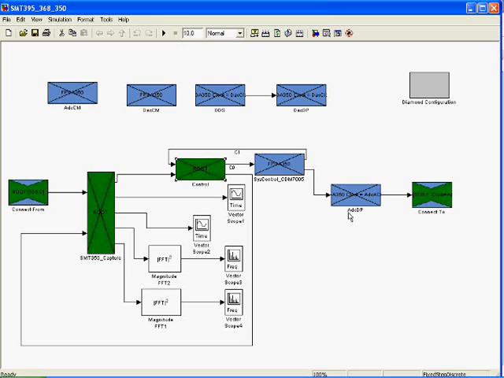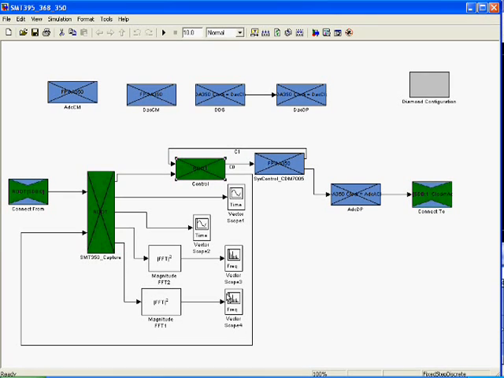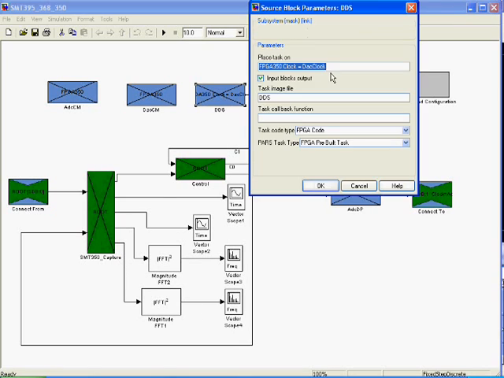The digitized data is sent to a DSP pre-built task, SMT350 capture block. One set of the captured data is fed to the scope directly, and the other set passes through the FFT blocks. As shown in the video, the DDS,